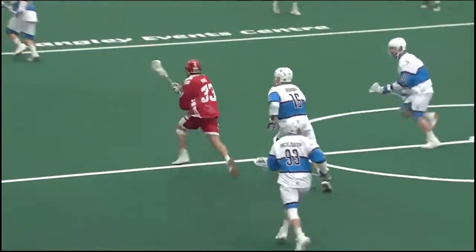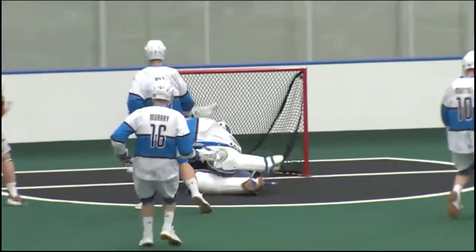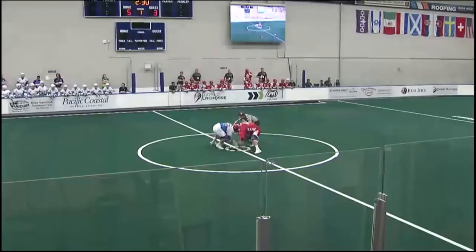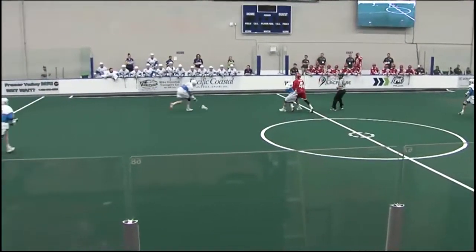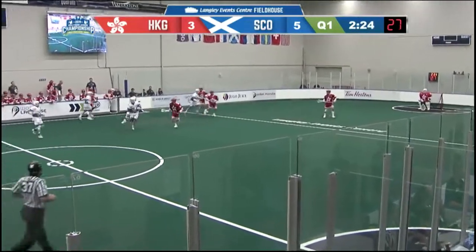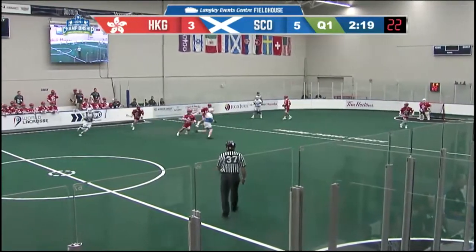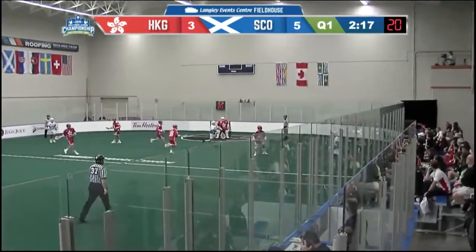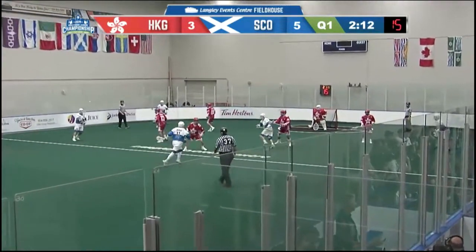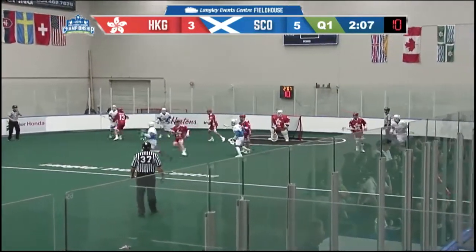Right off the faceoff, bouncing ball, picking it up and moving down the floor as Mack puts it on goal, and that got onto Cowman and then past him. 12:30 the time of the 5-3 goal. Mack with his second of the game.